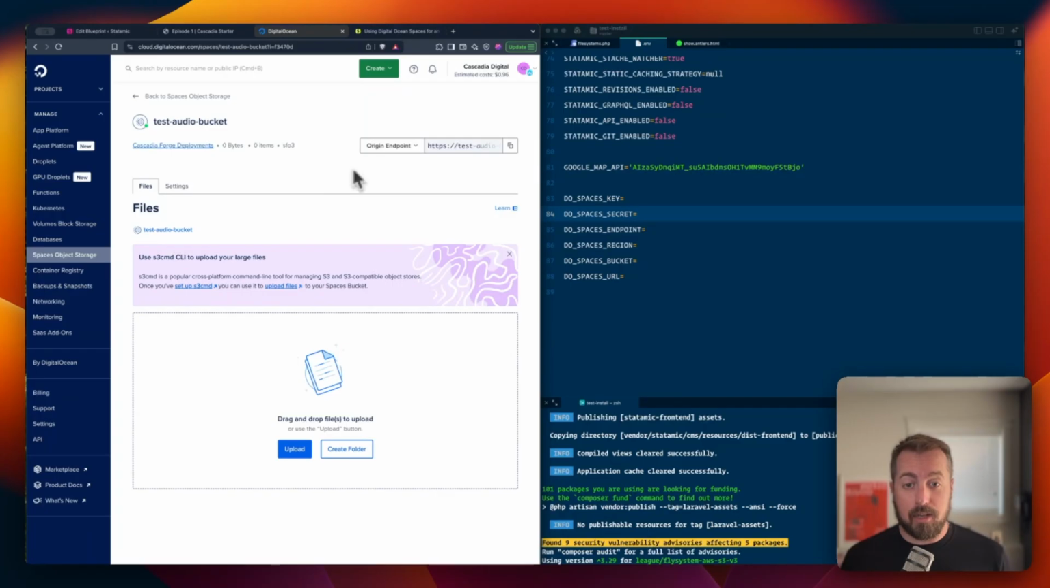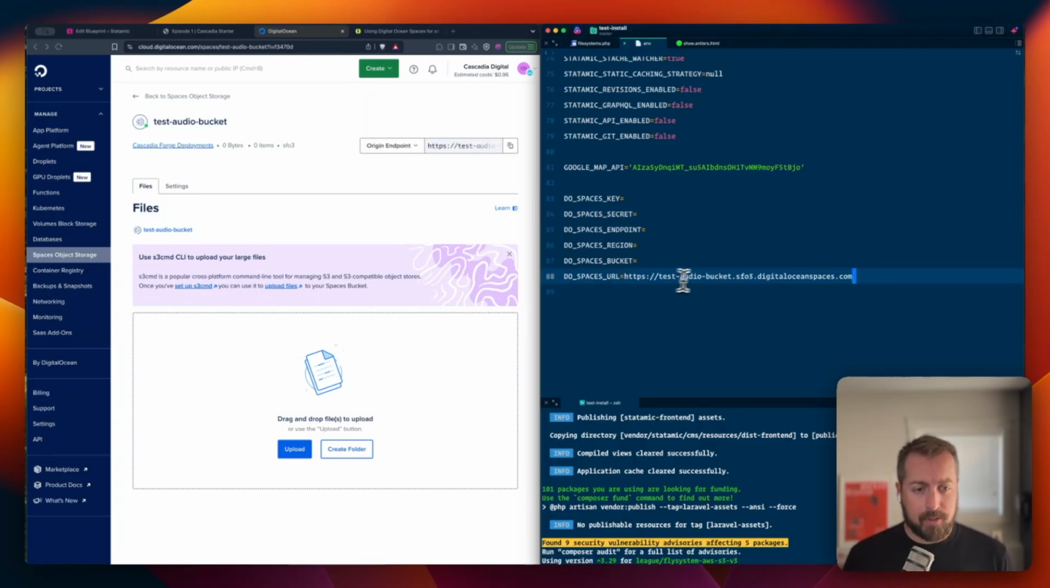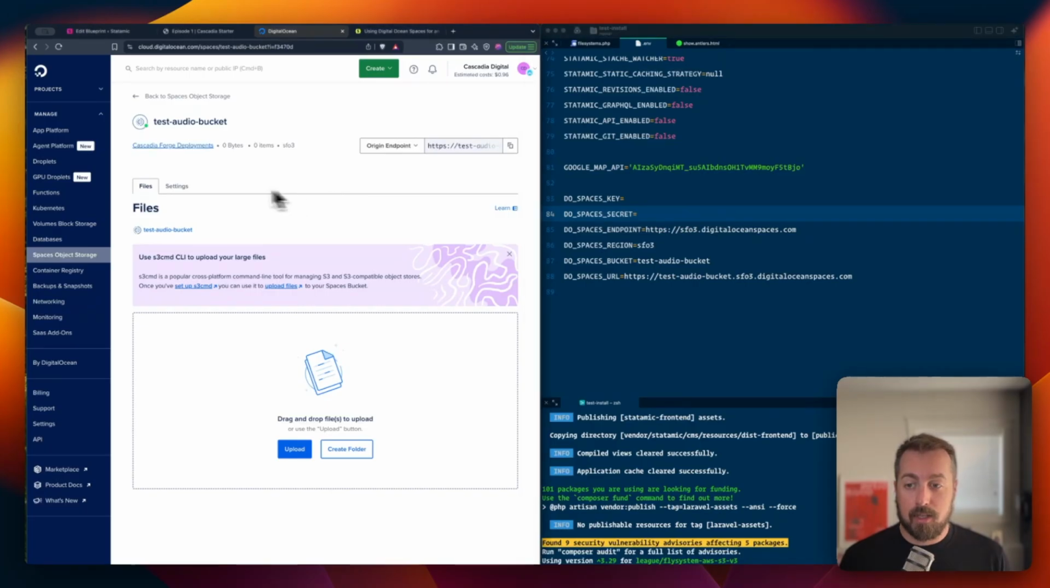Okay, now that I've made it into here, I can actually grab the endpoint here. I'm just going to copy that, but I'm going to use that as the full URL. And then I'm going to get this part here, which is the name of our bucket. It's going to go there. And I can determine the region from this part, right? I'm in San Francisco 3. And then the endpoint, I can configure the URL like this, https://sfo3.digitaloceanspaces.com. And then the DigitalOcean key and secret come from the settings, which is where I need to go to